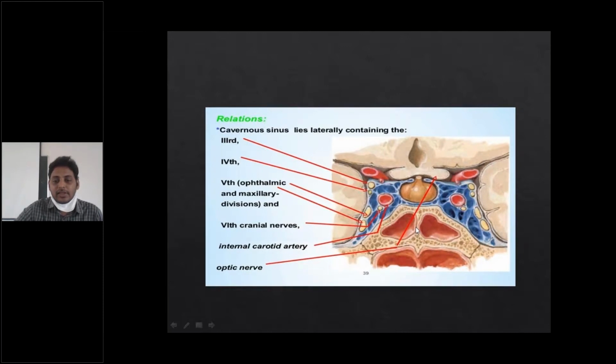Another thing is the sphenoid sinus ostium is usually present in the anterior wall of the sphenoid sinus. Anterior wall, posterior wall, medial wall, and superior wall will all be present in the sphenoid sinus. In the anterior wall, at the level of the roof, you will be having the sphenoid sinus ostium. Roughly, from the choana, the posterior end of the nasal cavity, the sphenoid sinus ostium is usually located 1 to 1.5 centimeter above the choana.